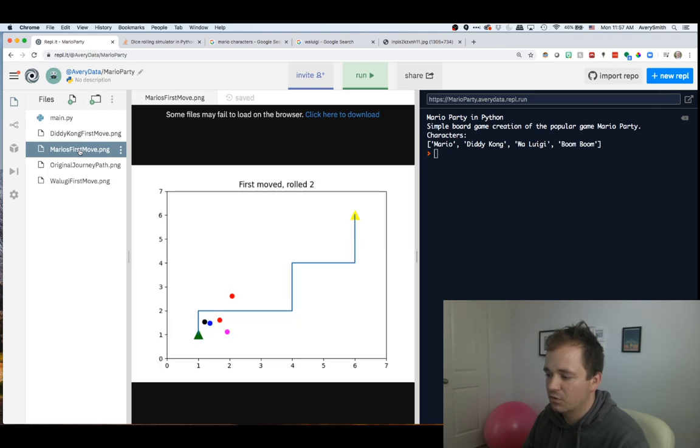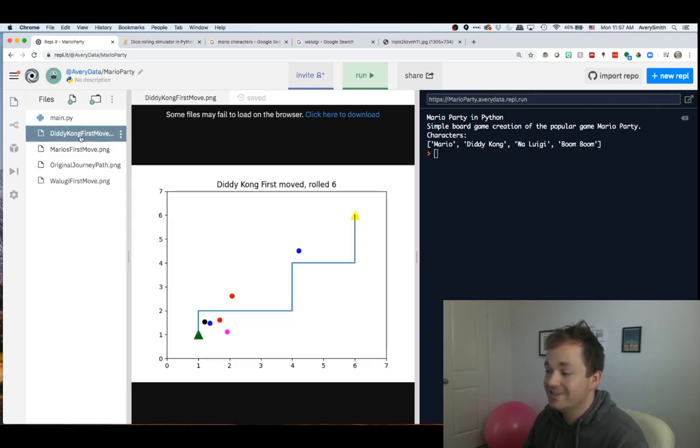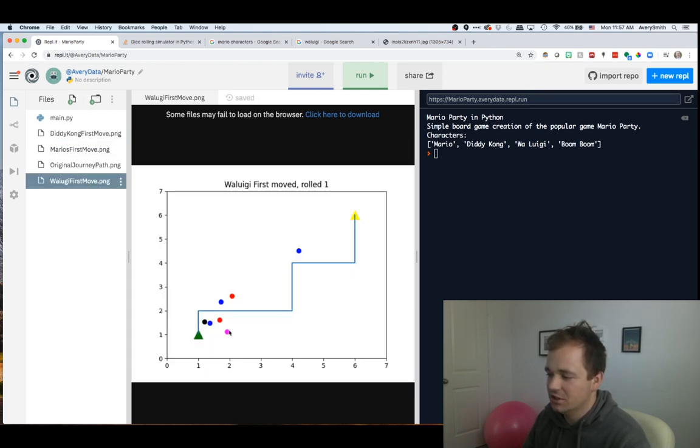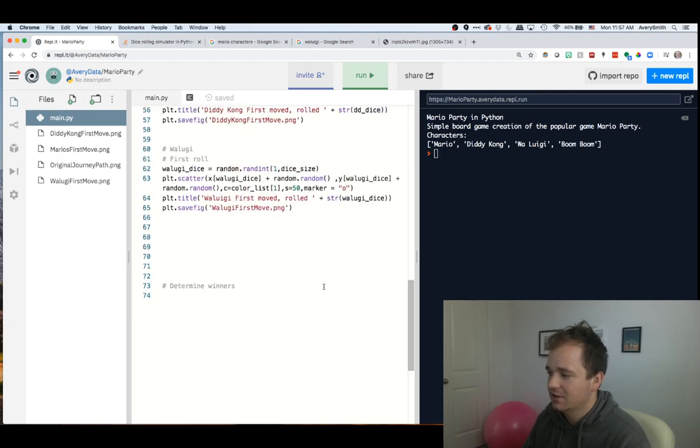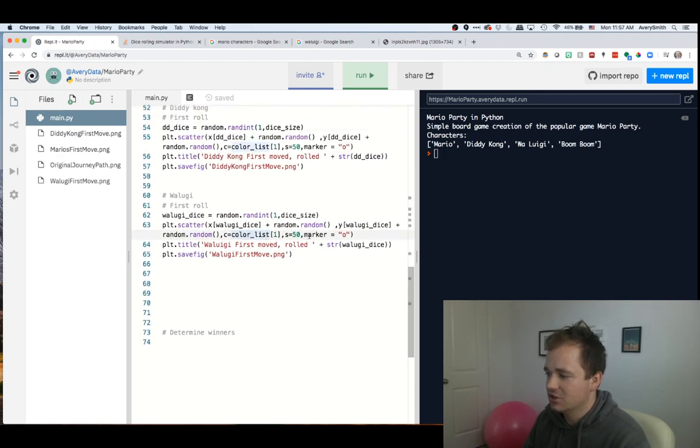So here's the original. Mario's first move, rolled a 2. Diddy Kong rolled a 6. Heck yeah, Diddy Kong. Almost at the win up here. And then Waluigi, oh, only rolled a 1. And it looks like I screwed up again. Did I screw up, guys? I sure did, because I didn't change the color to 2, even though it should be at 2. So I keep messing up. We'll do one more